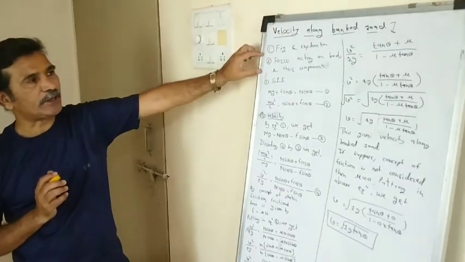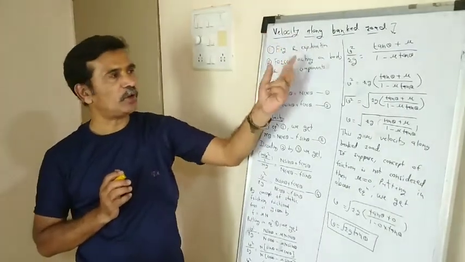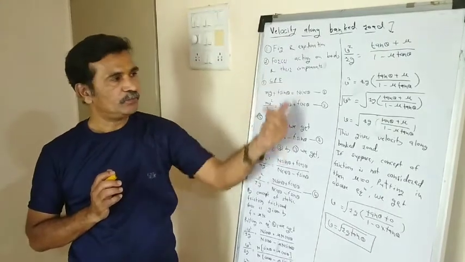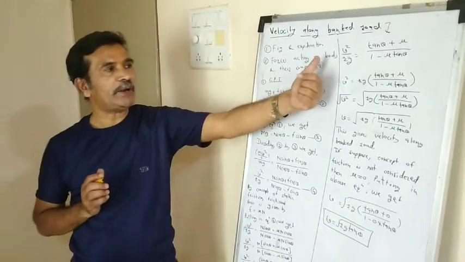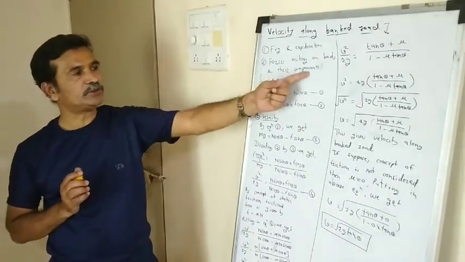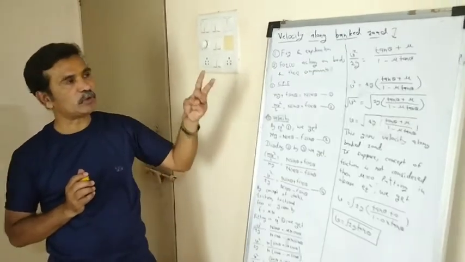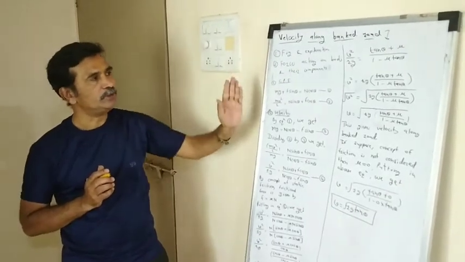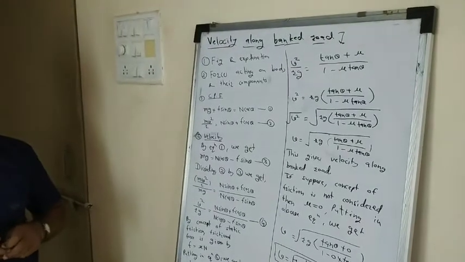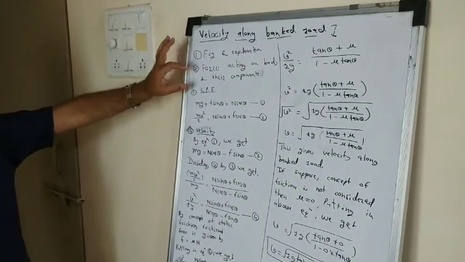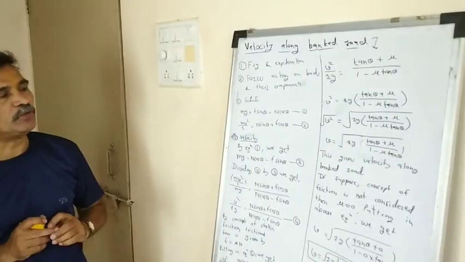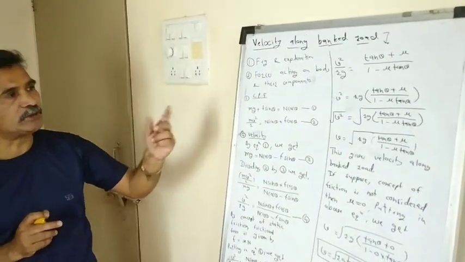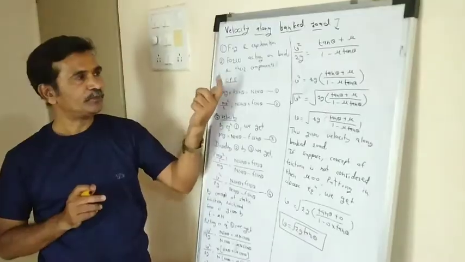In the second step, which forces are acting on the body? So two diagrams we have drawn. In the first diagram we have drawn weight acting in the downward direction, second normal reaction acting perpendicular to the road surface, and third friction along the surface of the road. So three forces are acting on the vehicle. Near to this we have drawn one diagram, and in that diagram we have drawn the components. So all components you have to explain properly and break into two parts, in cos theta and sin theta. The frictional force F breaks into two parts, F sin theta and F cos theta.